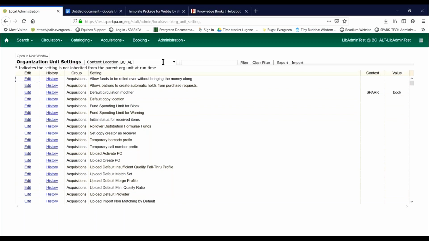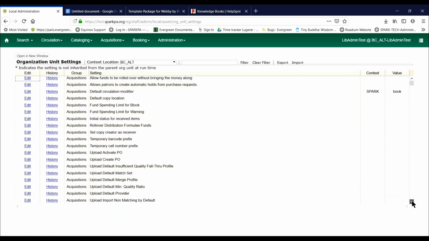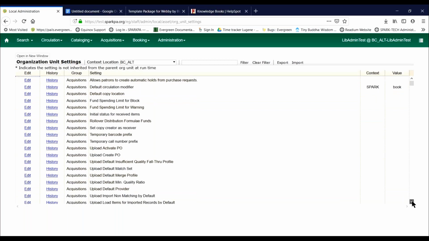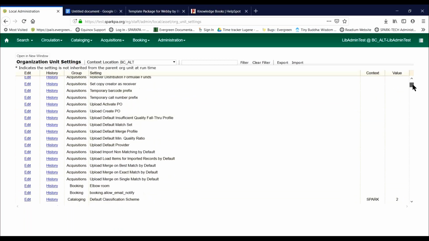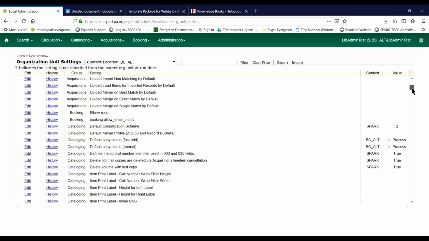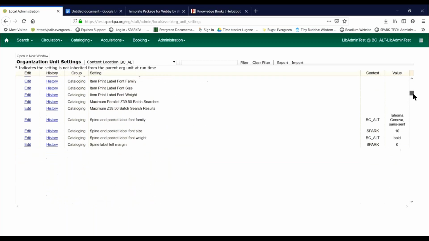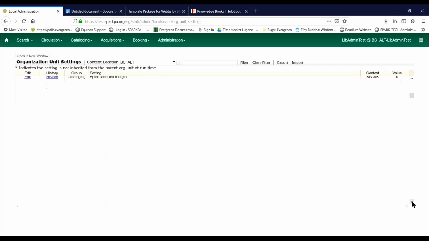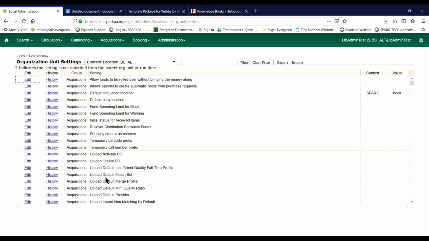It goes into this grid. And my context location is BCALT, but you will see that there are some here for Spark. And they're grouped alphabetically by their group: acquisitions, let's go down here a little bit, booking, cataloging,